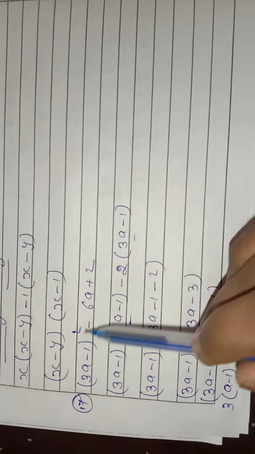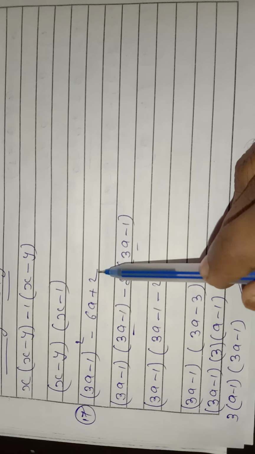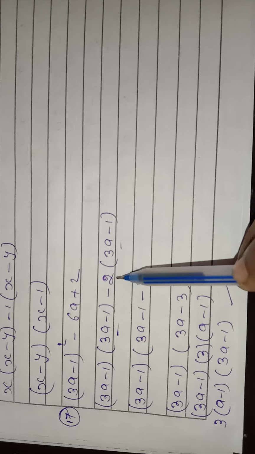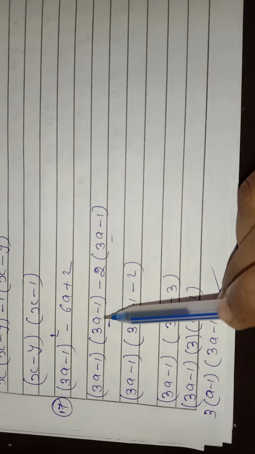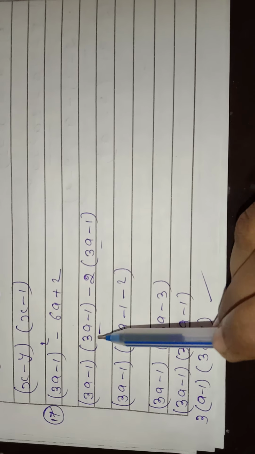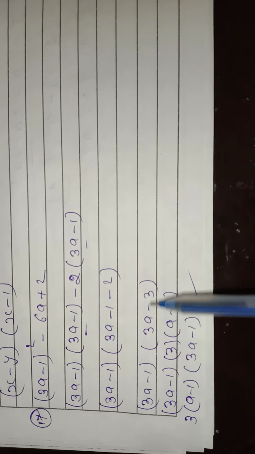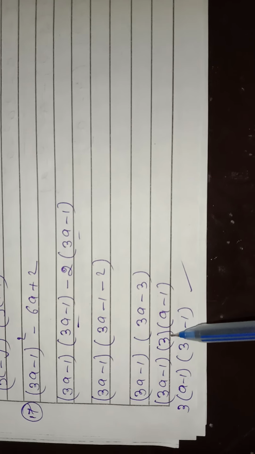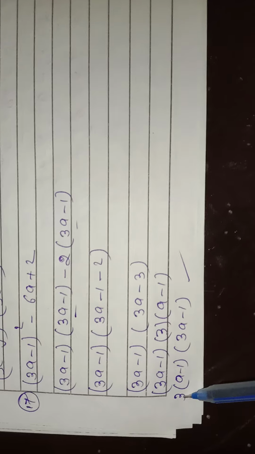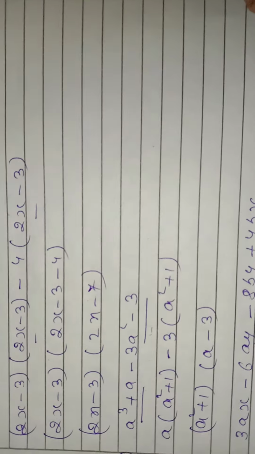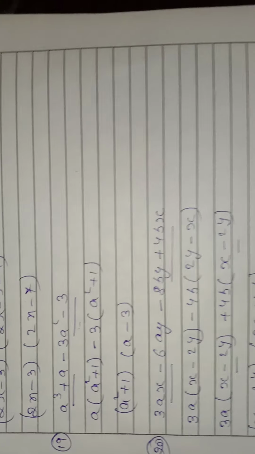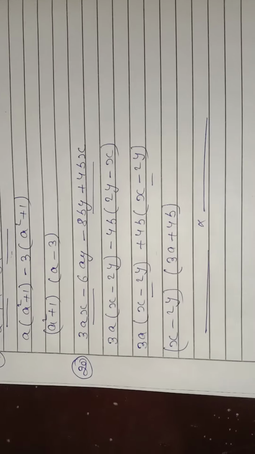3a minus 1 whole square minus 6a plus 2. So what is common in these two? That is only 2. We can take it out common. 3a minus 1 minus 2, that is minus 3. Now still we have got common here, that is 3. So I have written here this side. Here also you may find it out. Same way all these numbers are there till question number 20.